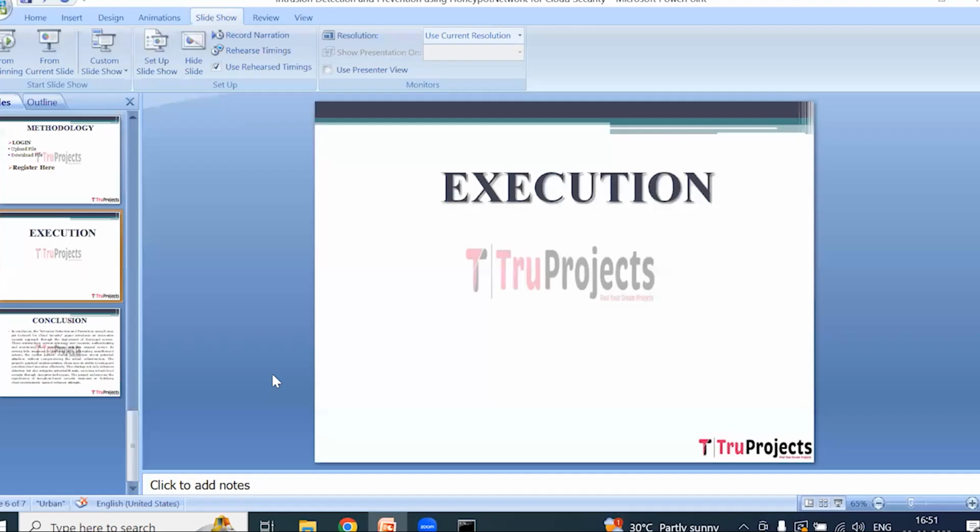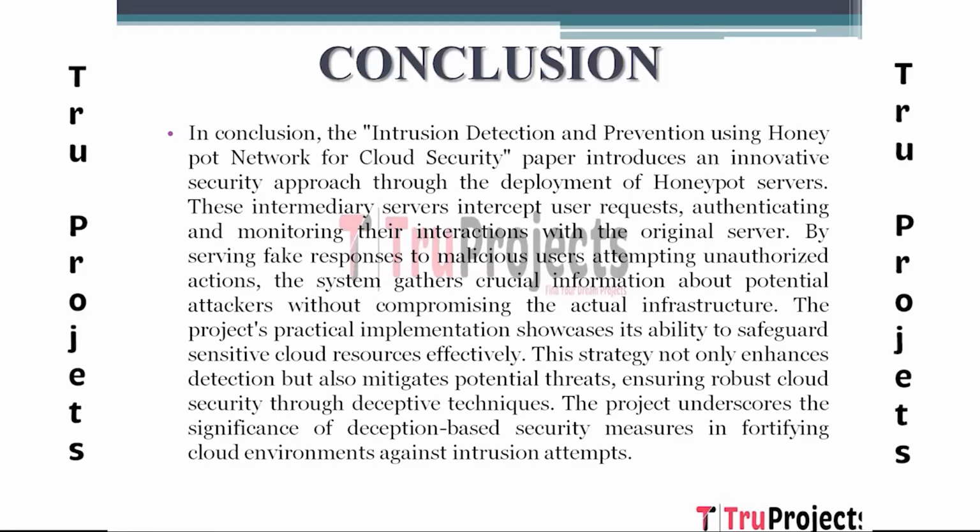And the final conclusion of the project is the Intrusion Detection and Prevention using Honeypot Network for Cloud Security project provides a novel security strategy through the use of Honeypot servers. Intercepting user requests, these intermediary servers authenticate users and keep track of their communications with the primary server. The technology gathers vital information about possible attackers without jeopardizing the infrastructure by providing phony responses to malevolent users trying